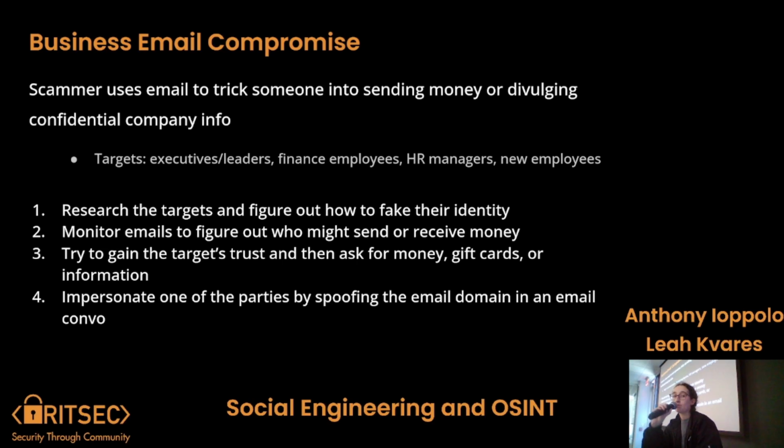And then business email compromise, or BEC, is a big thing talked about these days. In companies, scammers use email to trick people into sending money or giving away information about the company. The targets will be executives or leaders, because you'll find information about them. If you Google the CEO of, I don't know, Bank of America, that person will come up, and maybe even their professional email or some kind of contact info. So you can say, hey, I remember meeting you at this conference. Maybe they posted on LinkedIn that they went to this conference, and you say you met them there, and go off of that and ask for information tailored to them.